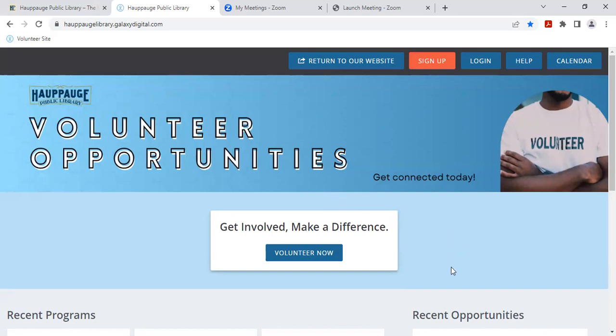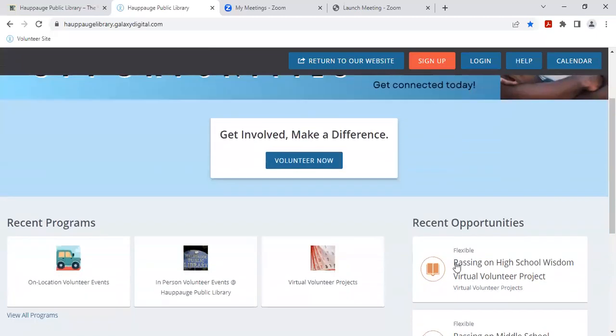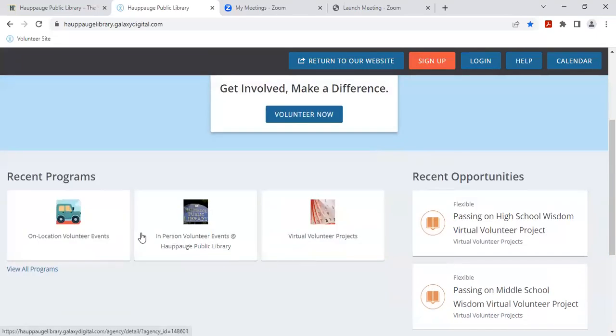This is a little tutorial about how to use our new volunteer opportunities site. When you go to our site, you're going to be able to view a lot of things without having signed up or logged in. So if you scroll down, you're going to see the 3 different types of opportunities that